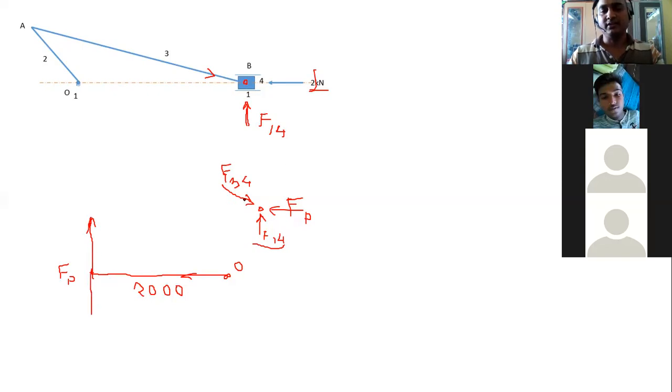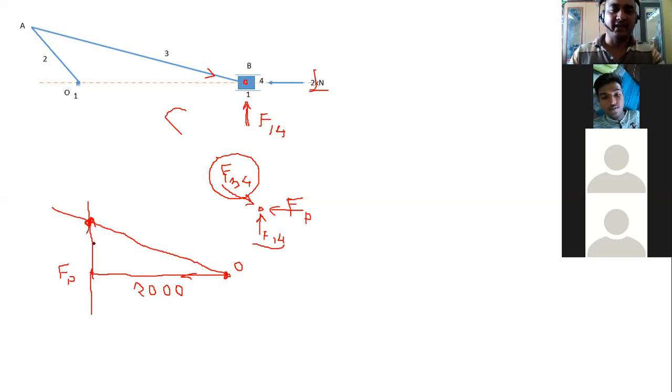Then the third force is F34. Again, its direction is known, but the magnitude is not known. So direction means what? Parallel to this line, or this third link. So therefore we'll copy this direction with the help of your roller and draw. Properly take this direction in the roller and draw, then roll towards this, match with this point O, and then draw a parallel line this way. So this is your point where these two lines are intersecting.